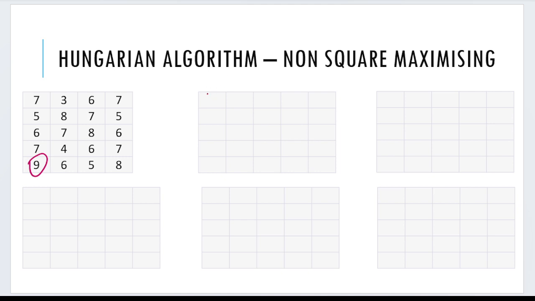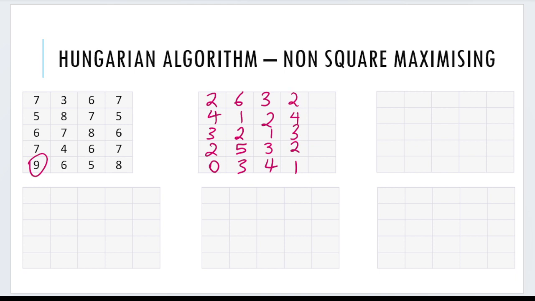So 9 take away 7 is 2, 4, 3, 2, 0, 6, 1, 2, 5, 3, 3, 2, 1, 3, 4, and 1, 2, 3, 4, and 2. Now, the other thing that we need to do, the fact that this is a non-square matrix,